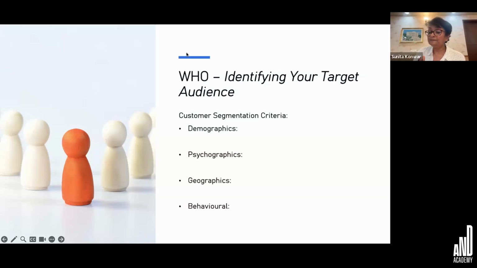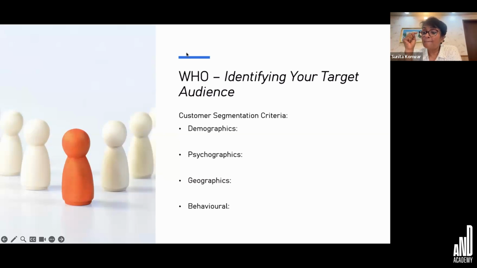For example, whether it is an urban area or a rural area, whether it is a tier 1 or tier 2 city. The other day, some people in my college came and we were talking about luxury brand management as one of the courses. And they were promoting this luxury brand management in a tier 3 city. When they asked how many of you have heard about brands like Louis Vuitton and Dior and Chanel, nobody put their hands up. Is that the right market for me to talk about luxury brand management? Maybe not. So geographical area becomes very important for us to understand.